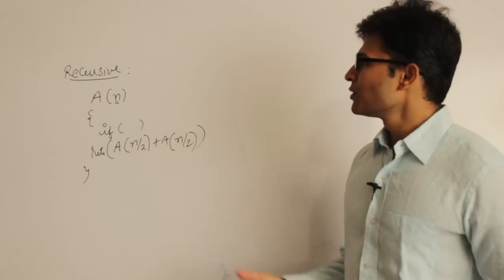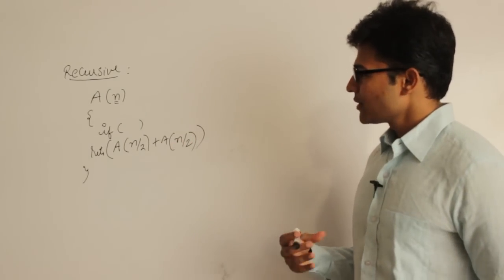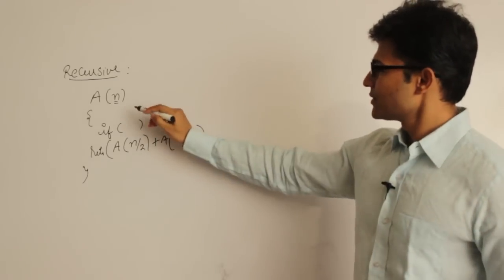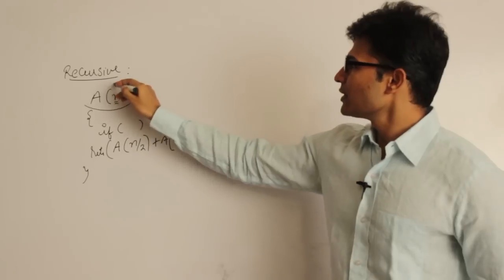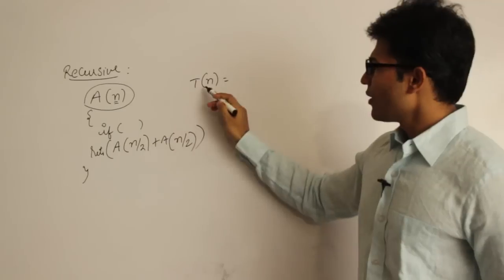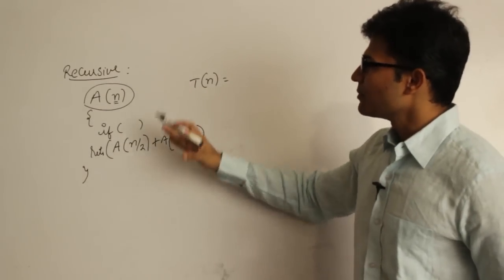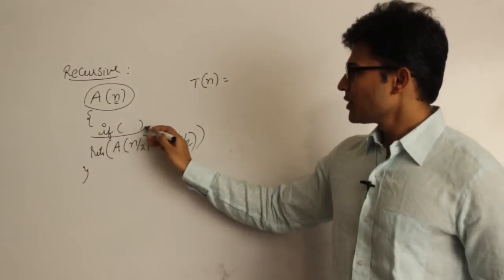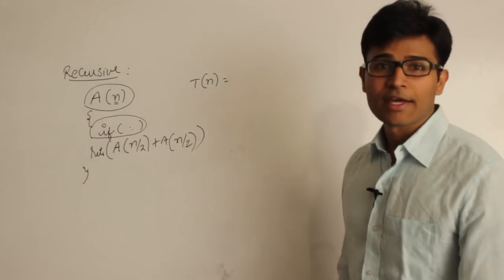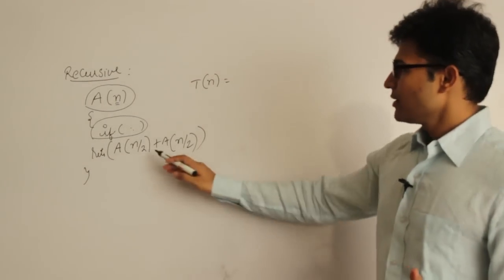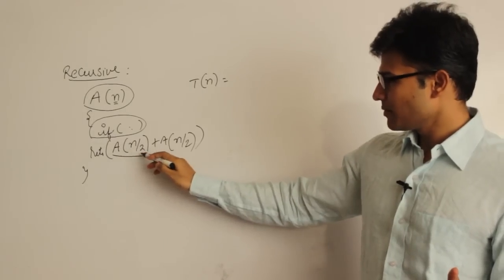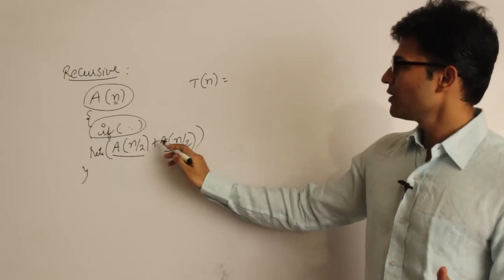The reason is there is nothing to count here. That is why we write something called recursive functions and then we try to analyze them. So how do we write it? In order to solve A of n, let us assume that the time taken is T of n. Now how is that time split up? First of all, we are doing some comparison, an if condition. Let us assume that for the if condition the time taken is some constant, and then we find A on n by 2 and again A on n by 2, and then we sum up.